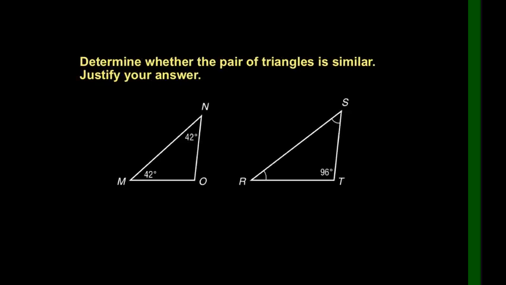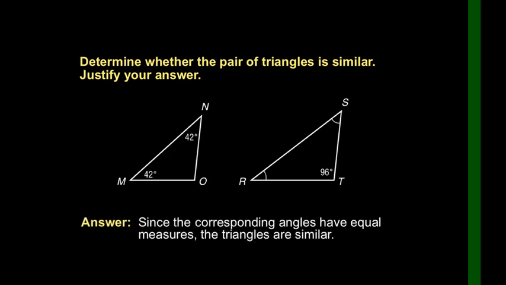Determine whether the pair of triangles is similar. Justify your answer. So here, sa tingin nyo, how can we determine that they are similar? Okay. Answer, since the corresponding angles have equal measure, the triangles are similar. So, okay, ganito. In this portion kasi, as you can see, the given is 96, but we don't know the measure of these. But as you can see, S and R, itong symbol na yan, ibig sabihin, they are equal. To determine that, we need to subtract